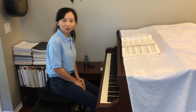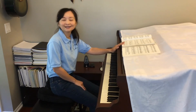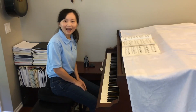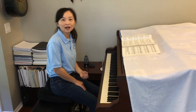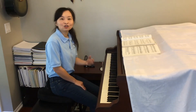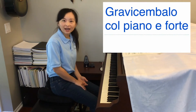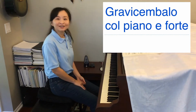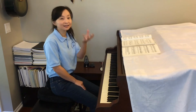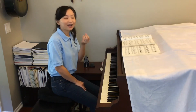The earliest documentation of the invention of this instrument was back in 1700, an inventory indicating that Cristofori had a new harpsichord that can play both forte and piano. Later, this instrument was cataloged as clavicembalo called piano e forte. As you can see, the capability of producing different dynamics by the simple touch was the most important thing about